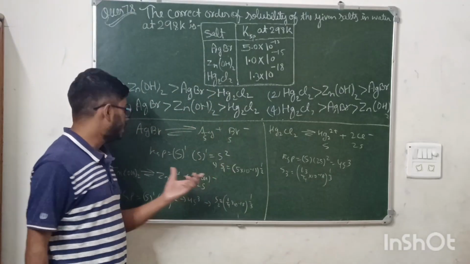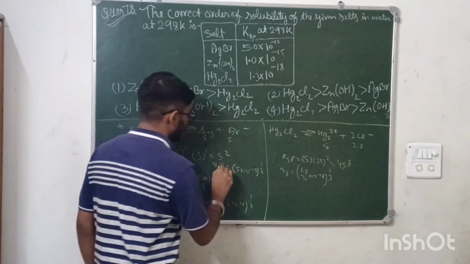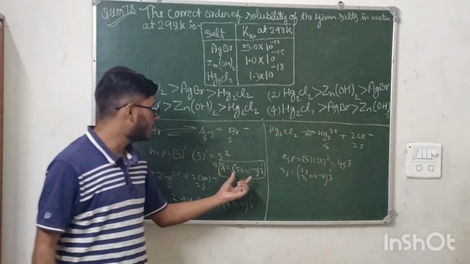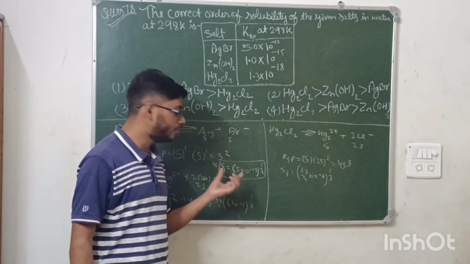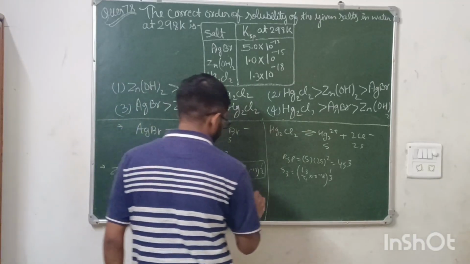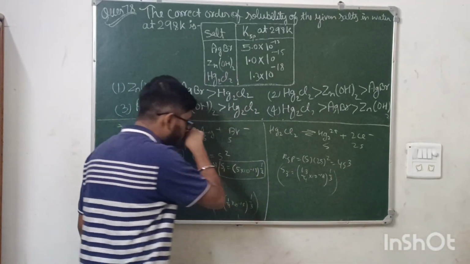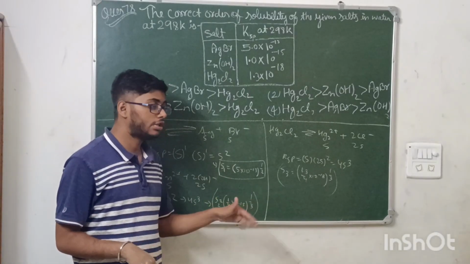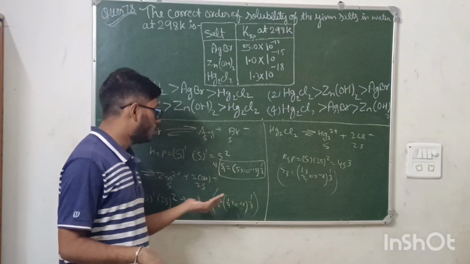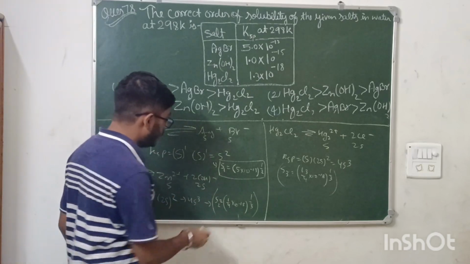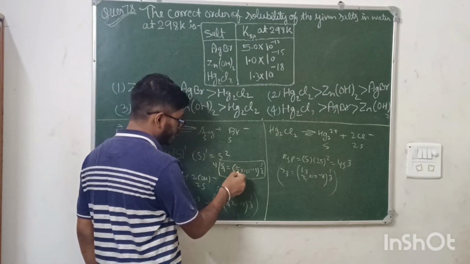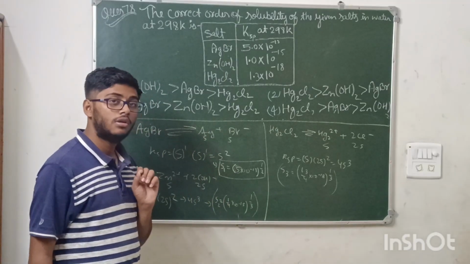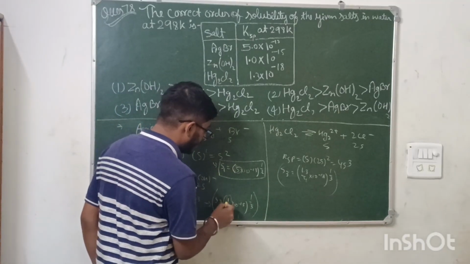If you see the KSP of AgBr, you would not be solving this. How can you solve 5 into 10 to the power minus 13, to the power 1 by 2? You can't solve this. You have to do manipulations. If you apply some mathematical reasoning, 5 into 10 to the power minus 13 is a very small number, and its square root is also a very small number. Here an integer 5 is there, but here 1 by 4 is there. 1 by 4 is smaller than 5. Getting my point?